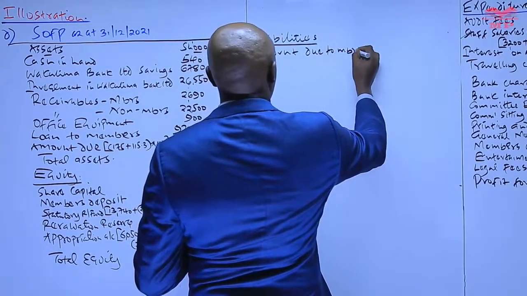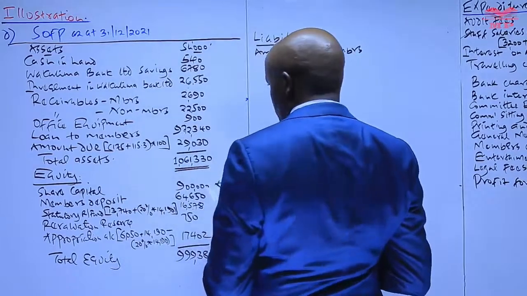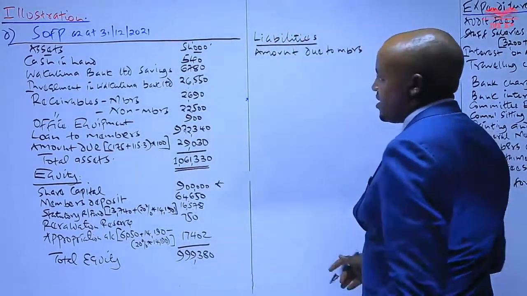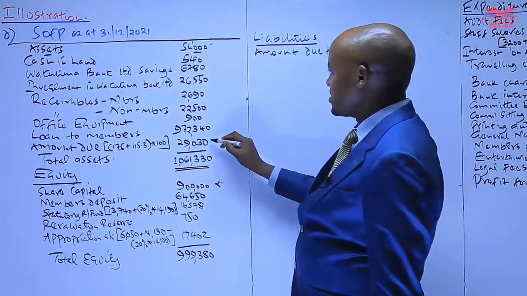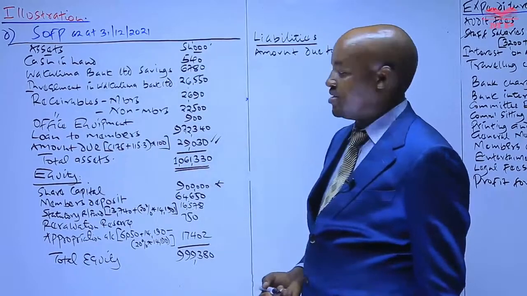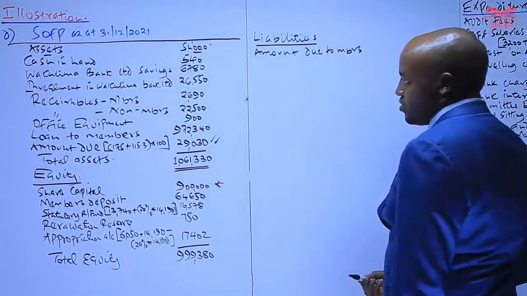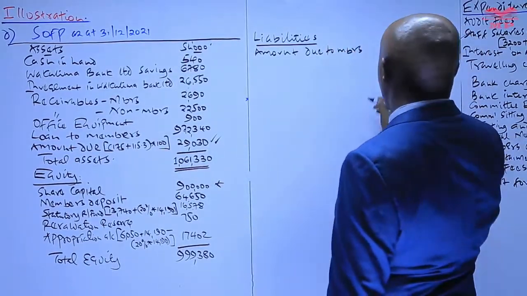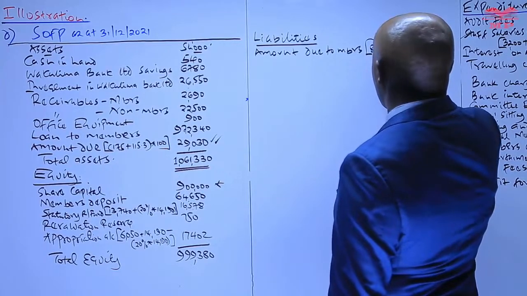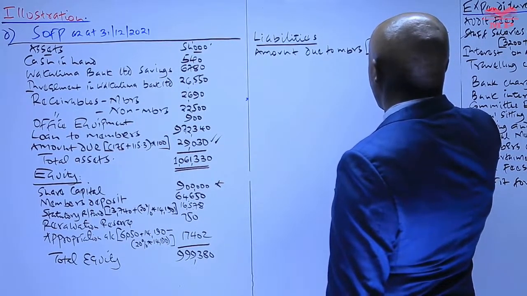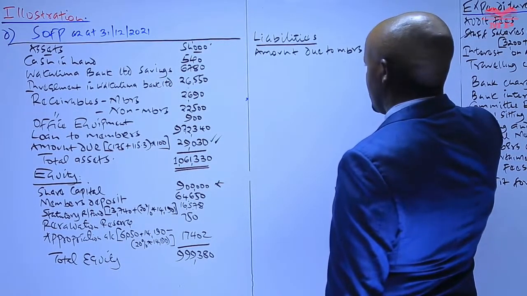There was some amount which this cooperative society was supposed to pay to the members, which was 80% of this amount, which was from the sales of the 2 coffee brands. So we can just compute that as 80% of this,